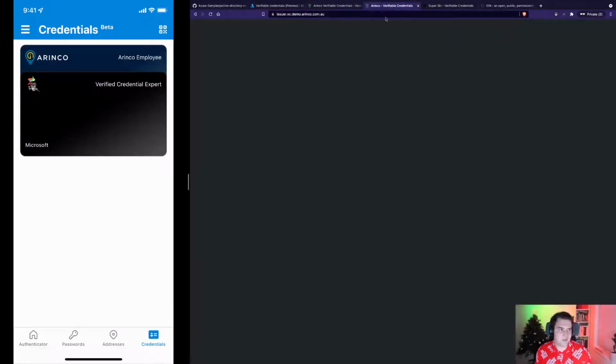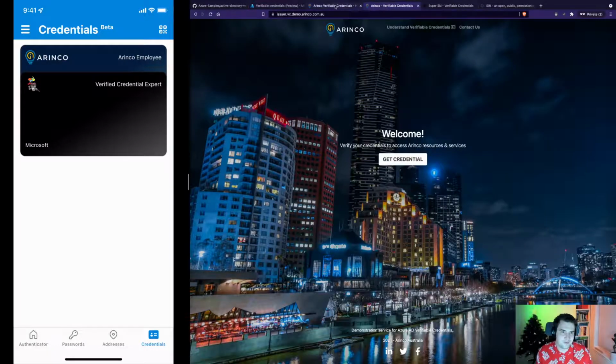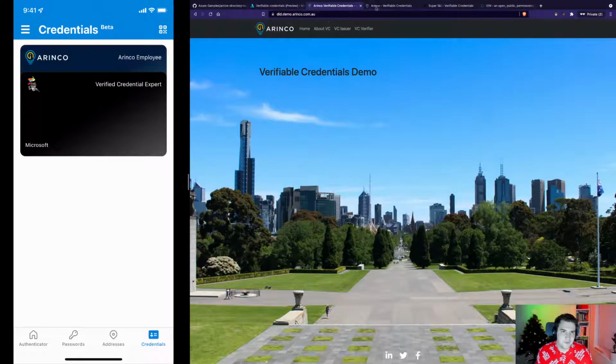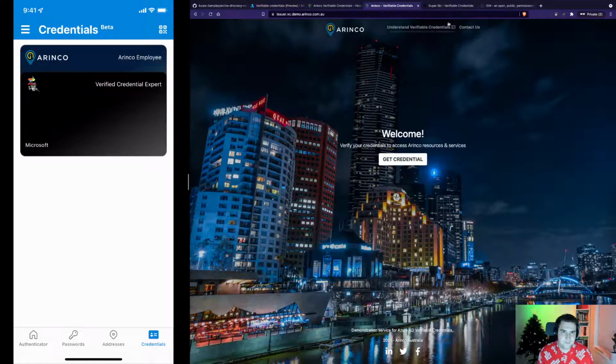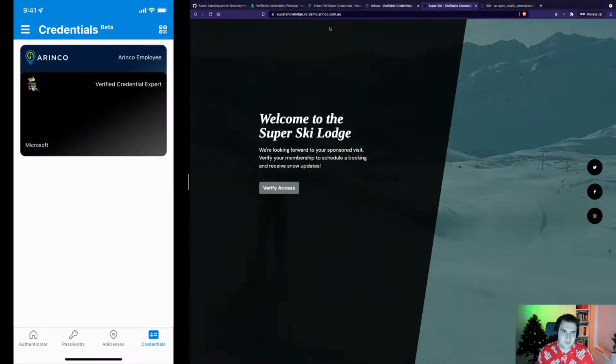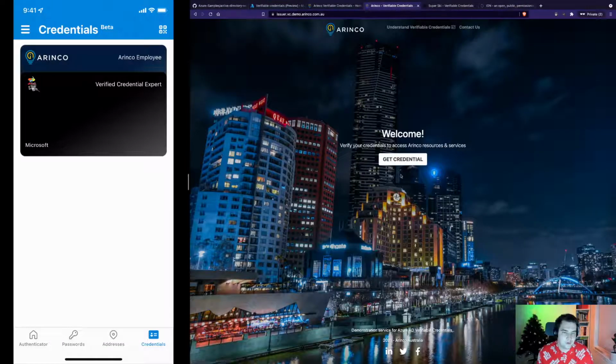Now, the experience with VC itself is pretty straightforward. So I'm using a corporate demo here that I built for my employer, and this is actually using a deprecated method. We'll touch on that in a bit. But we've got a setup here for verifiable credentials. I've got a website that sits at my VC domain. I've got an issuer website as well, and I've got a verify website that is off to the side. So what I'm going to do is go through the process of issuing a credential and then also verifying it, and I'll show you what that looks like.